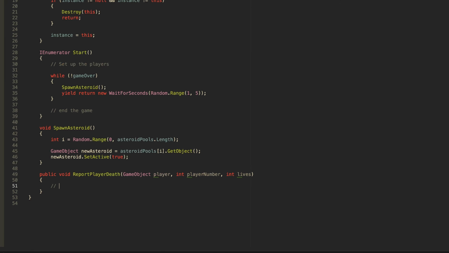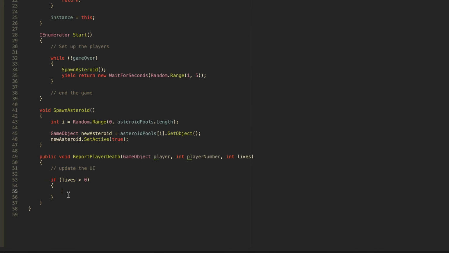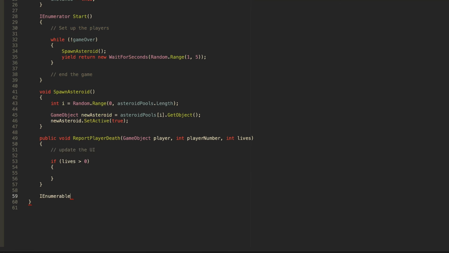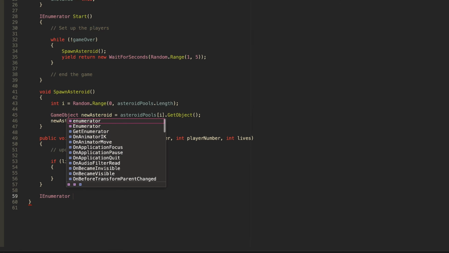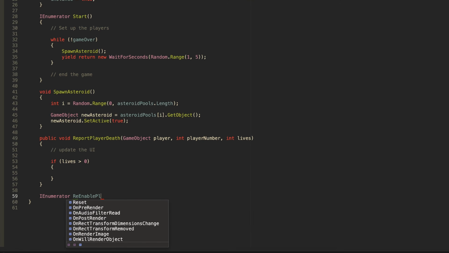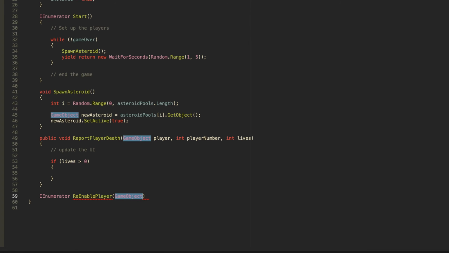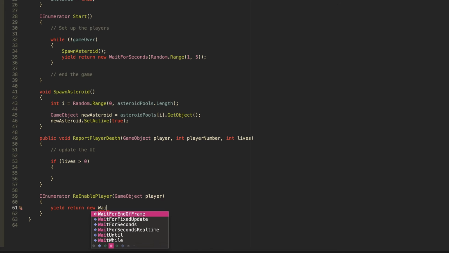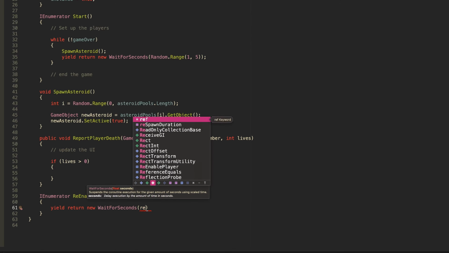So at this point I will update the UI, but I don't have a function to do that yet. So if lives are greater than 0, then the player is still alive and it needs to be re-enabled. So I'm going to put this in a coroutine. So IEnumerator ReEnablePlayer, and then I'm going to take a reference to what player we're talking about. Yield return new WaitForSeconds, respawn duration,